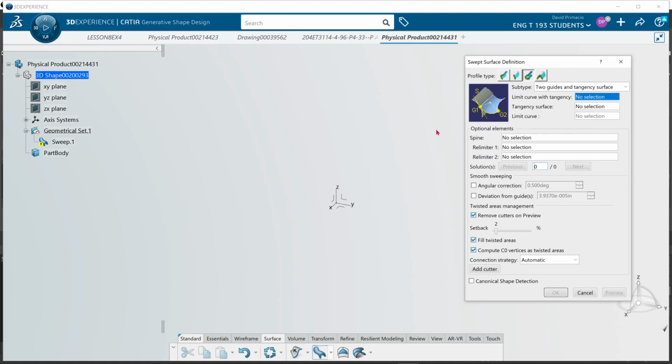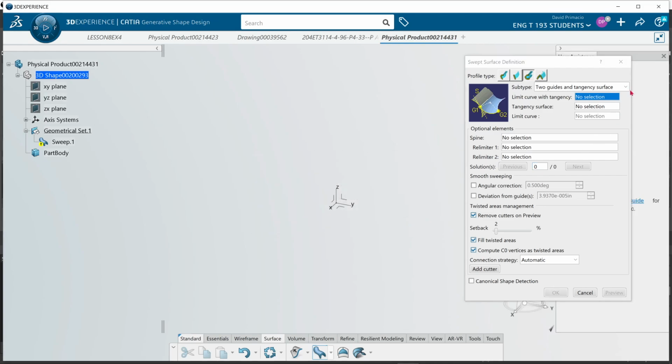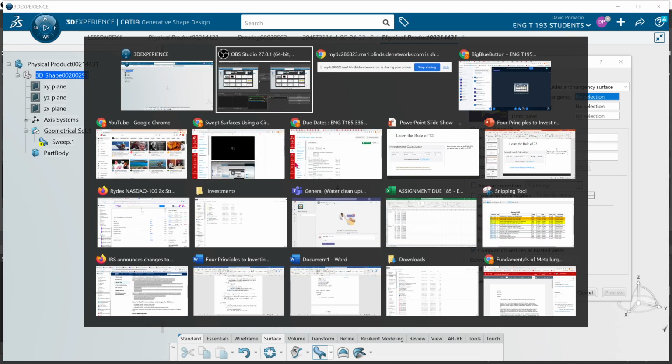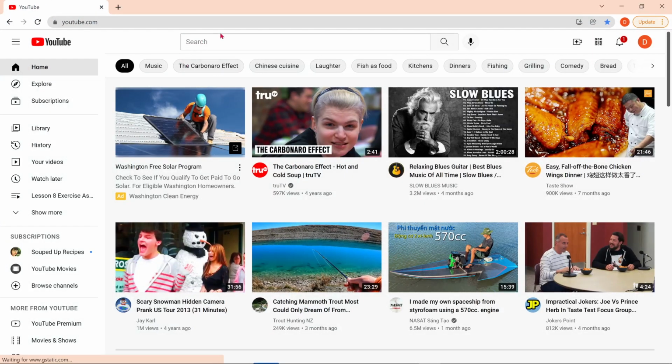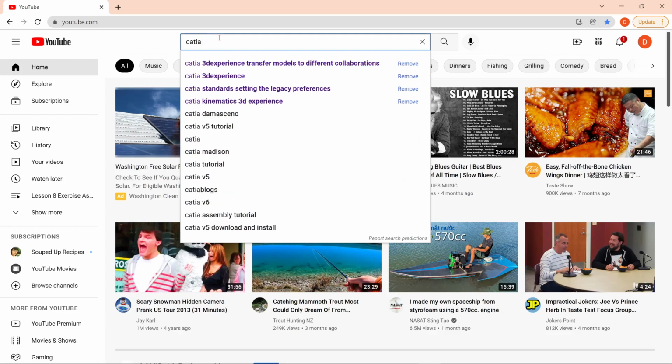Now, if the picture isn't enough, what you can do is hit F1. Now, for some reason, my F1 isn't working. It says there's a problem, and I went in there and I tried to go to the user guide, didn't like it. Let's say the user guide, for some reason, you can't get in the user guide either. You can pop over to Google and do a search on CATIA